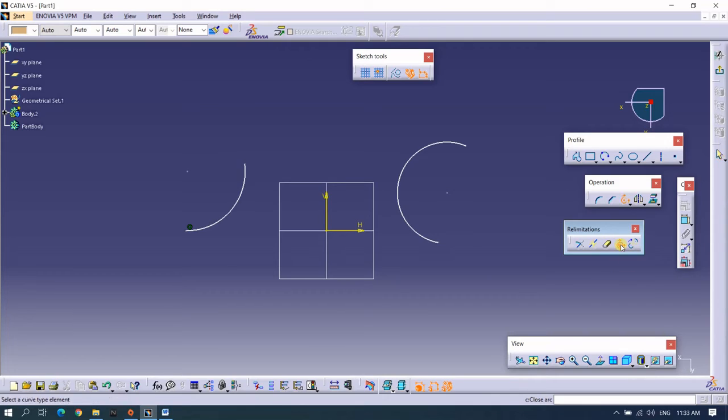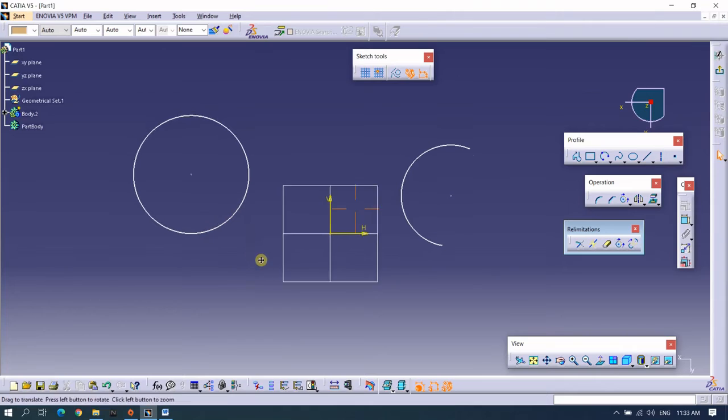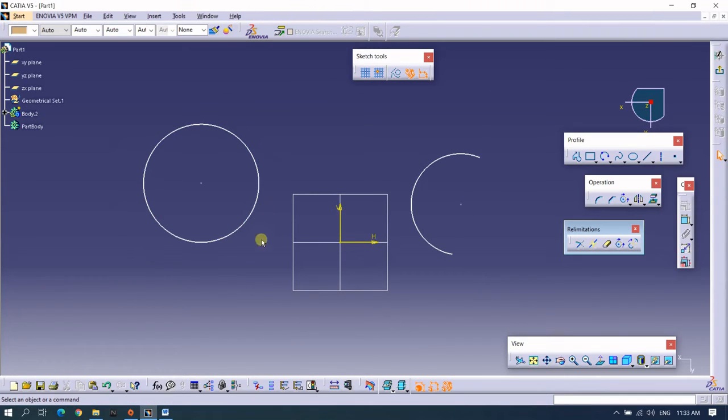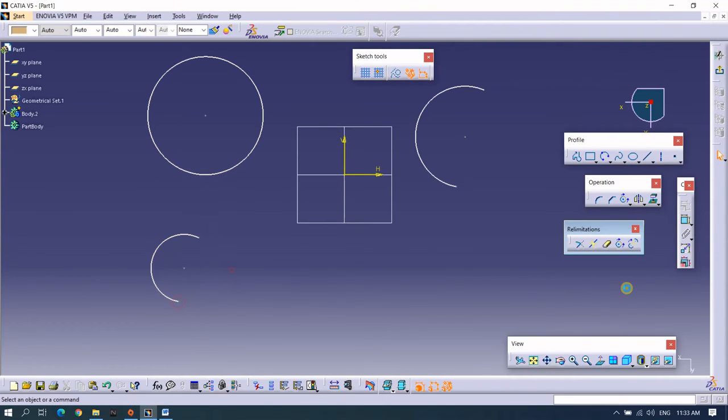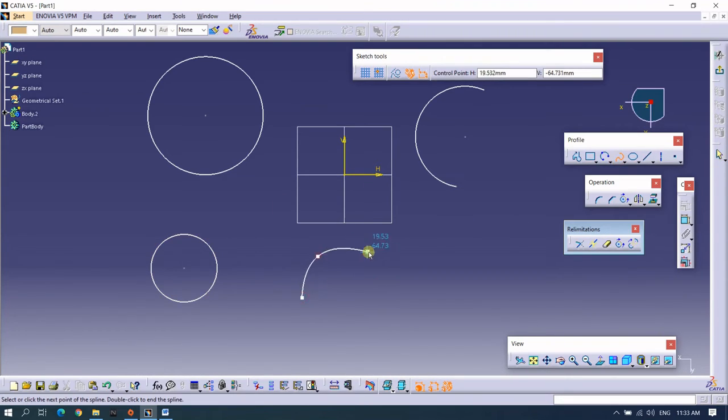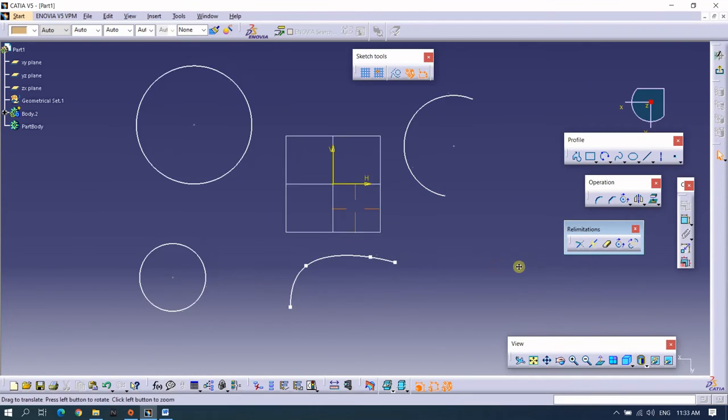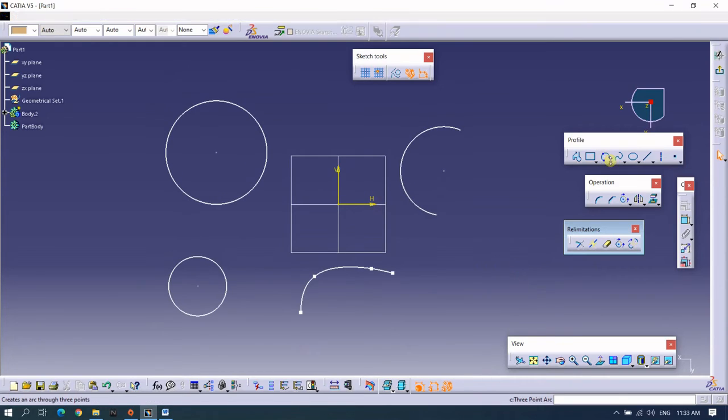So I will select the close arc and I will select the first arc. So yes, you can see it closes the arc, whichever arc it may be. I will take one more arc here. So yes, when I select the tool and I click on the open arc, then it will close and it will form a circle. But it will not get applied on the spline tools or any other tools. It will only get applied on the arc tools.